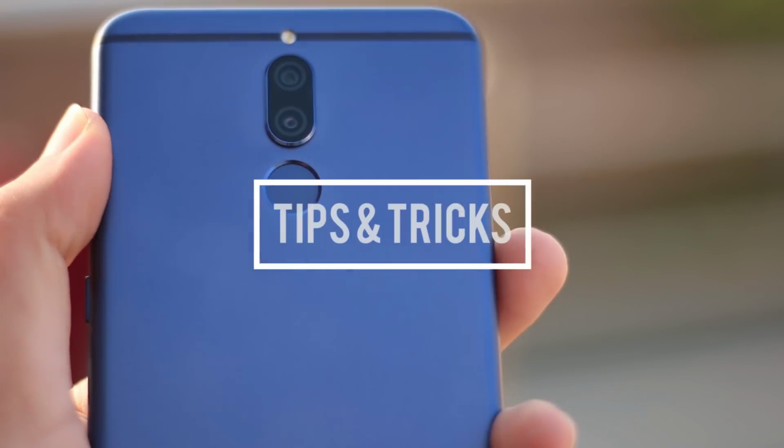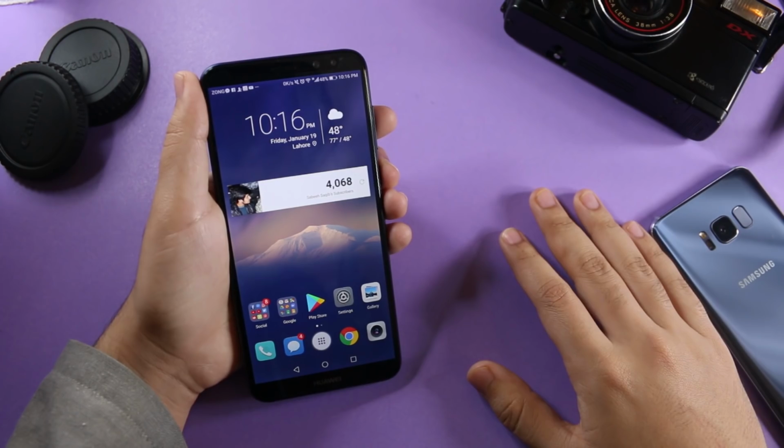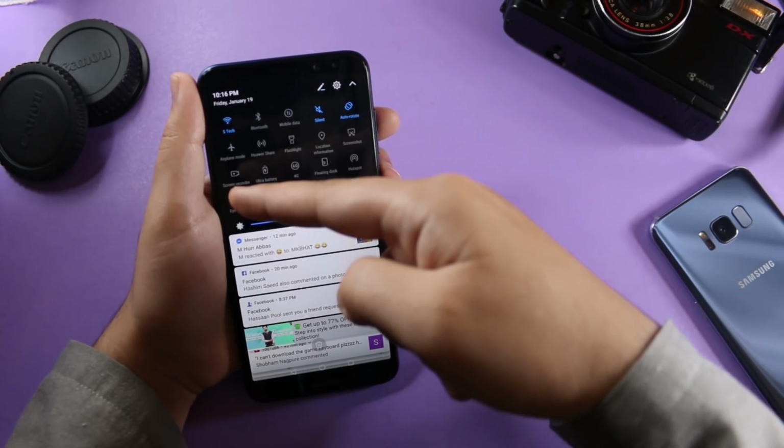Sabeeh here, and in this video I am going to tell you guys about the tips and tricks of the Huawei Mate Lite. So starting off with the first thing, you guys know that you can record screen from the